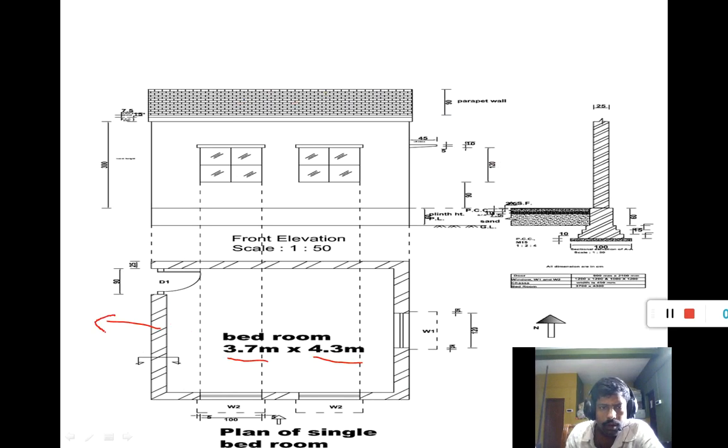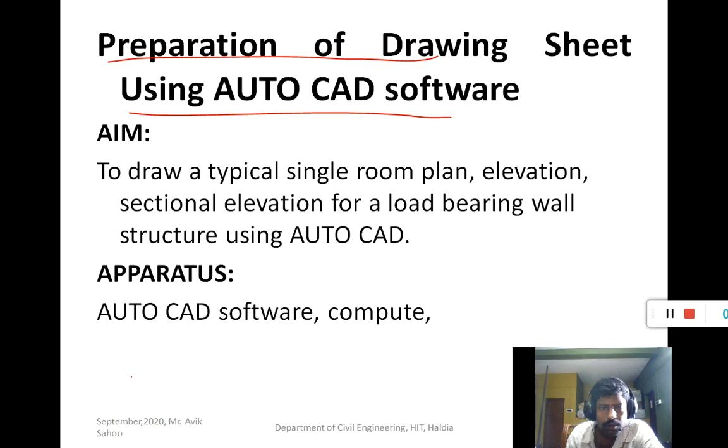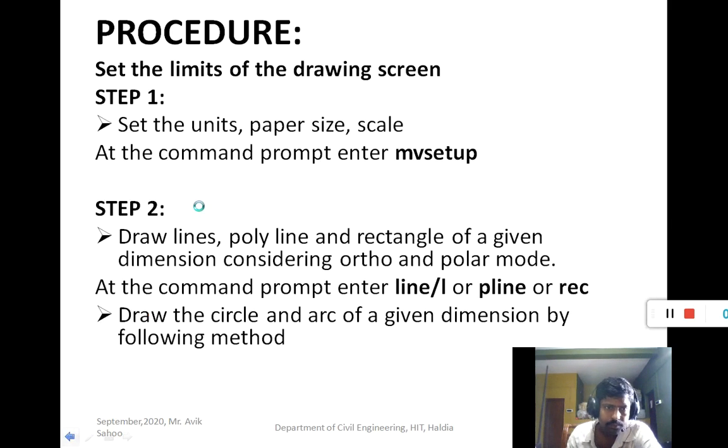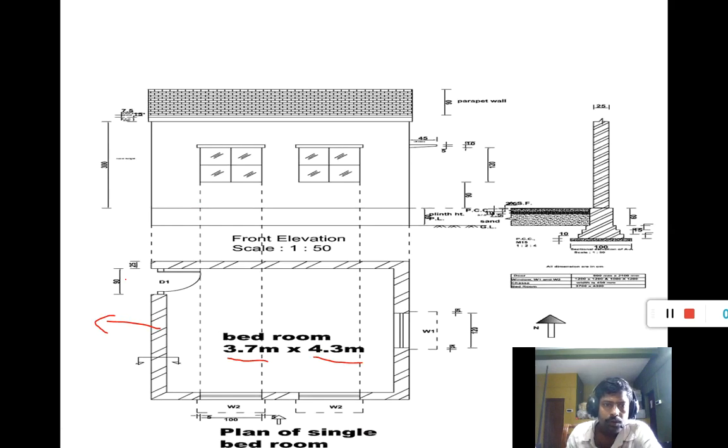This is a wall, thickness is 250 mm. You see that all dimensions are in centimeter. Wall thickness is 25, meaning 250 mm.